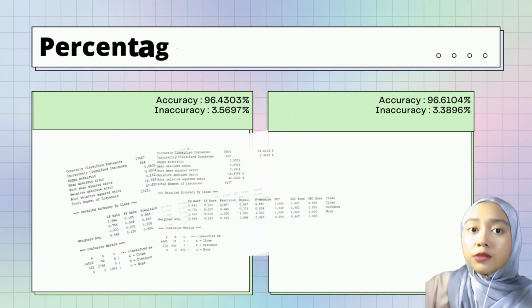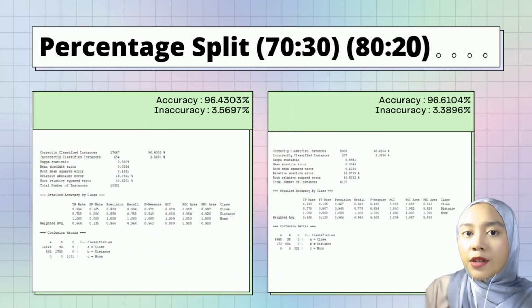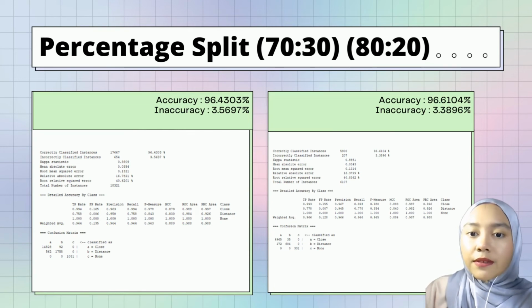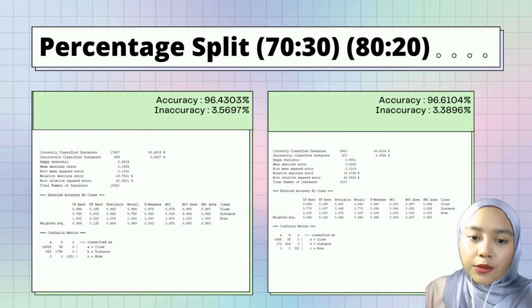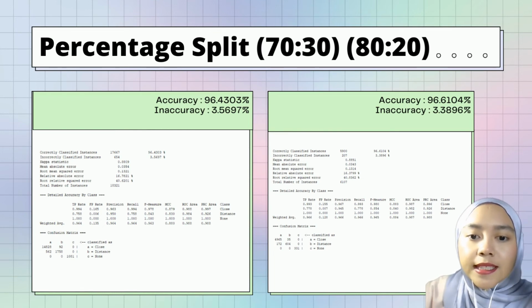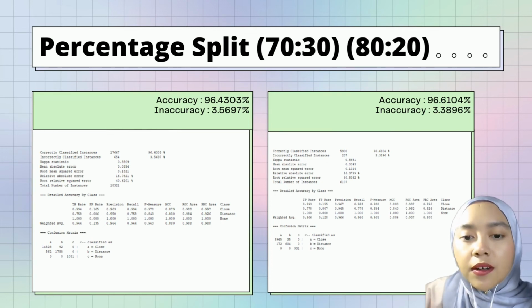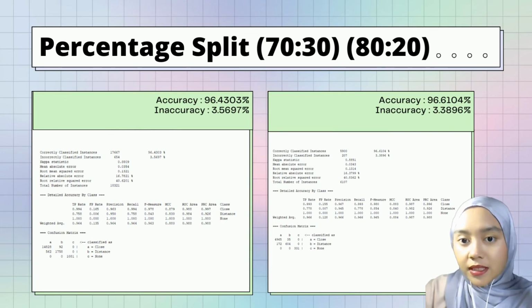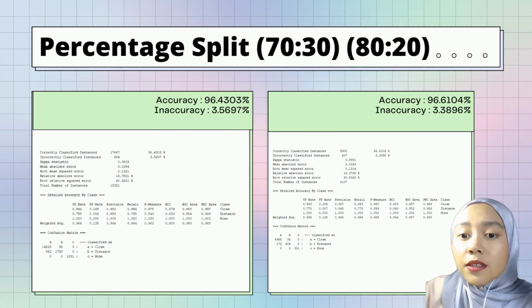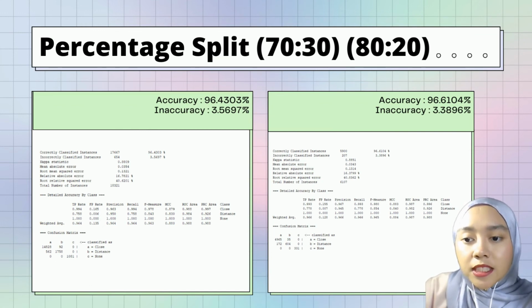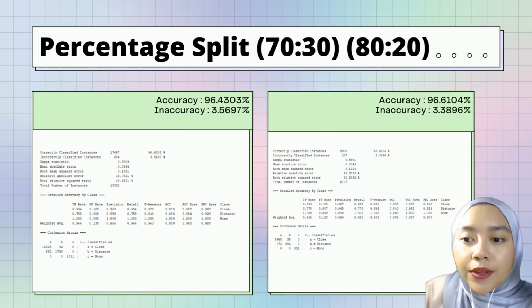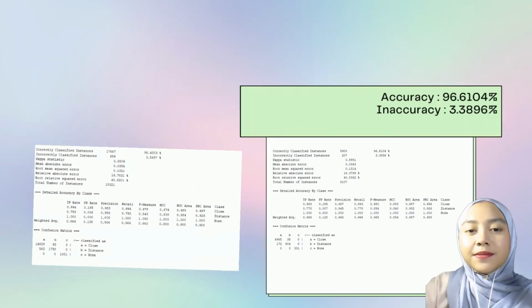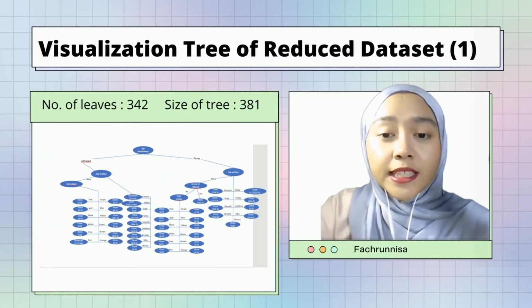And then we also use the percentage split, which is another option to evaluate the classifier. We use a 70-30 ratio and an 80-20 ratio. For the 70-30 ratio, the accuracy is 96.4303%, and the incorrectly classified instances are 3.5697%. And for the 80-20 ratio, the correctly classified instances are 96.6104%, and the incorrectly classified instances are 3.3896%. So this is the visualization tree of the